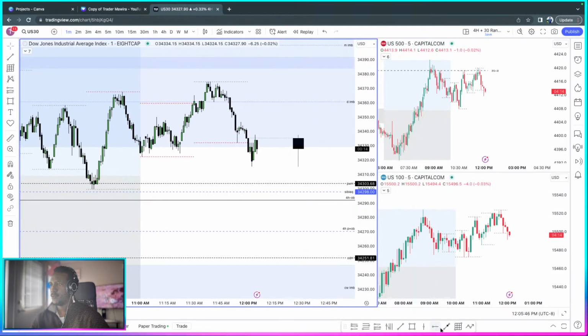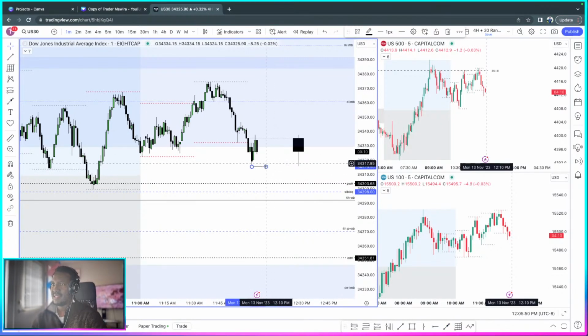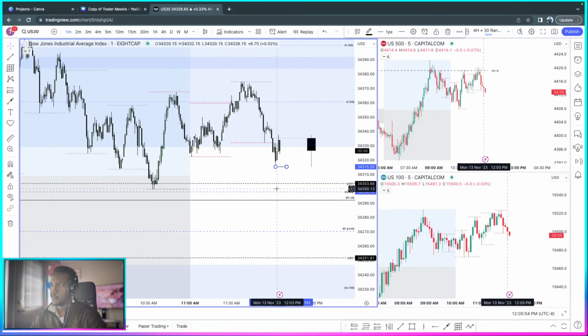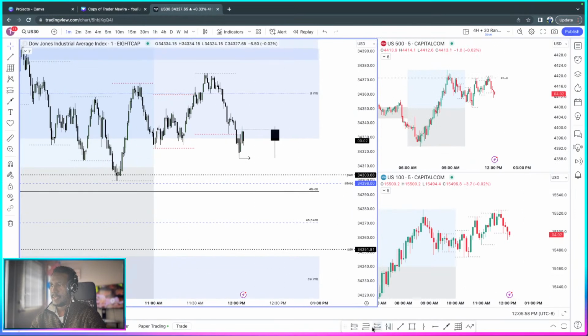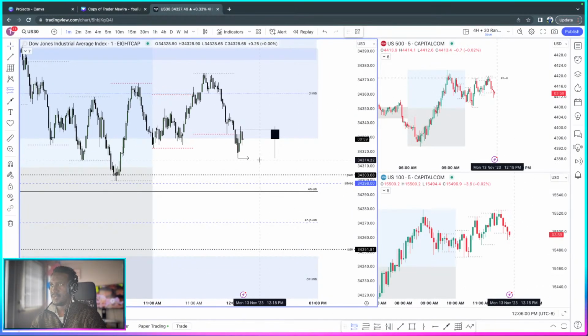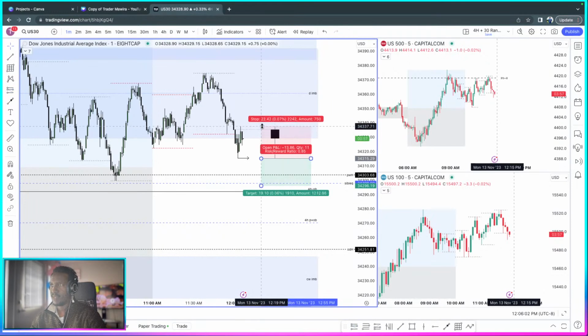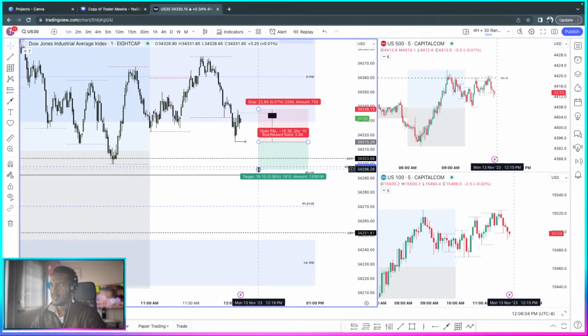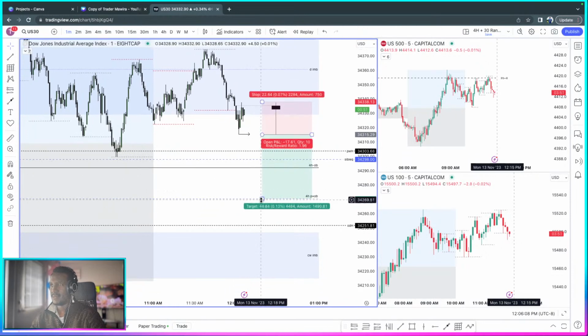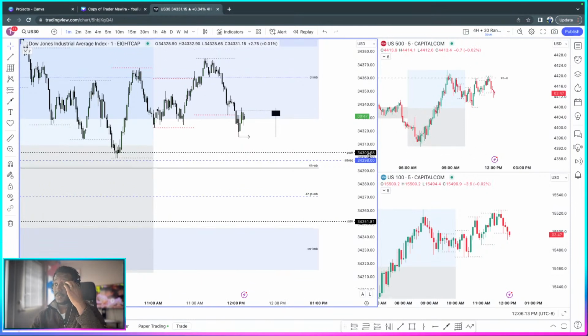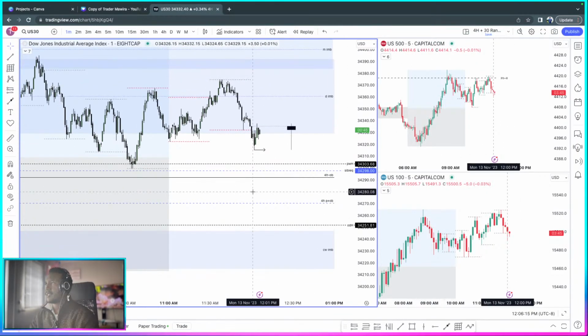Now if we do cross this low, right, and there's a good structure, I'm going to go short. I will go short, and the target could be something like the high, and then this level over here, or this other one here, and I think they can even go down a little bit. We'll see. No worries. Once we get a good entry, we execute.